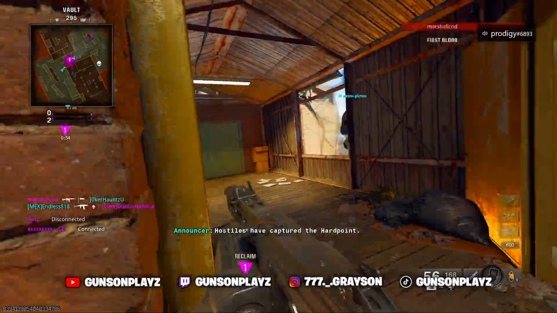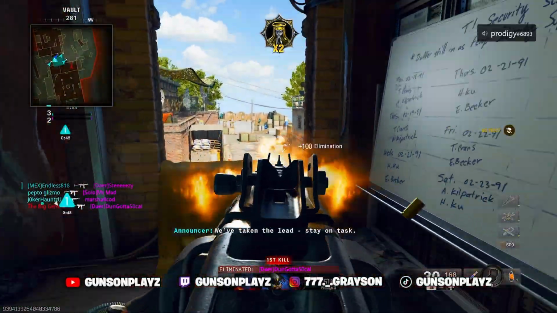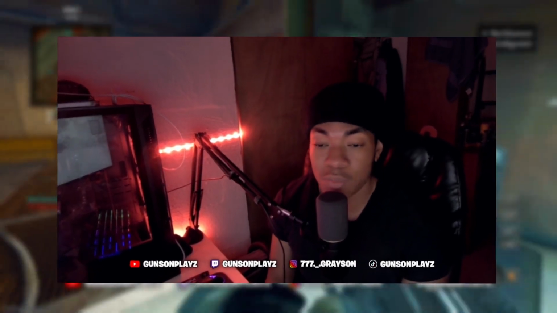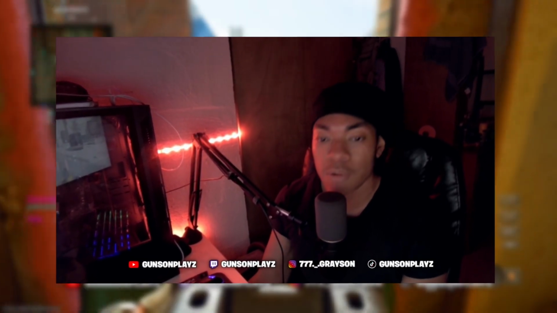Now the first thing we're gonna go over before anything else is the spawns. That's the first thing on this list because I think the spawns are the most important thing, and it's something people struggle with a lot and overlook. So we're gonna start off with the hardpoint spawns. I'm gonna go over the hardpoint spawns and the control spawns for Vault, but first we're starting off with the